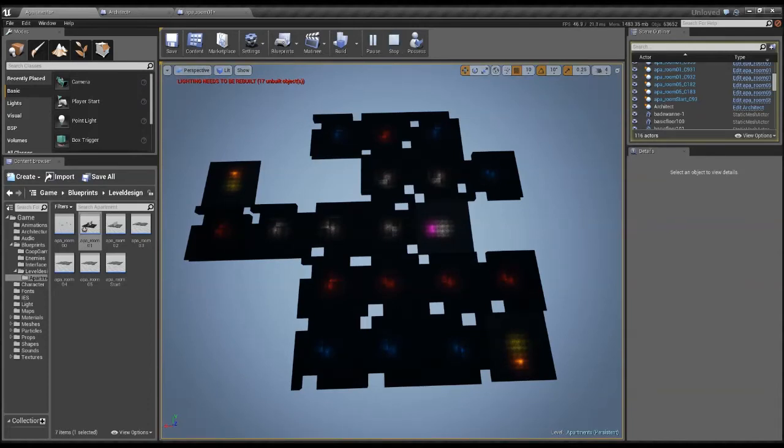And by the way, in the game itself, there will be no color. This is just for me to look at and say everything is working. So the gray areas are the basic areas that you can access without needing anything. Then there's the red areas, which require a red key. Within the gray area there will be a red key, and when you find it you can